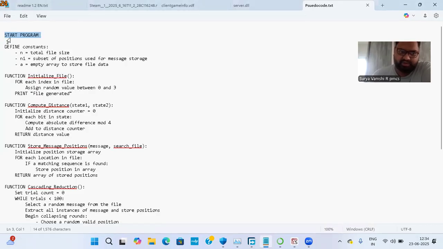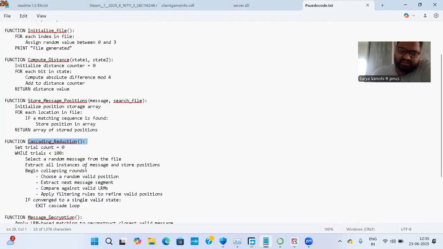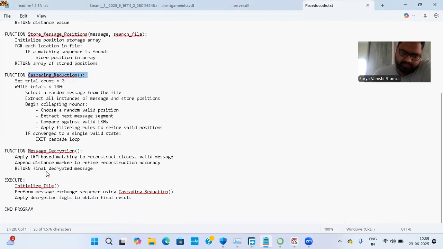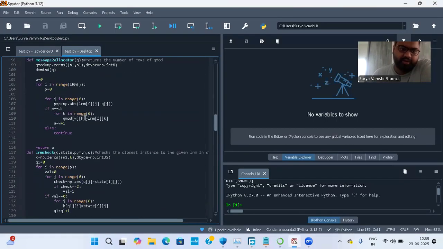So of course, I start the program, define constant, and then I initialize file, all standard stuff. Then I compute the distance, and then I store it as a function. And then I'm going to actually store the message positions, then define cascading reactions, and everything. Again, anyone can access this, but let us look at the actual code and see what is